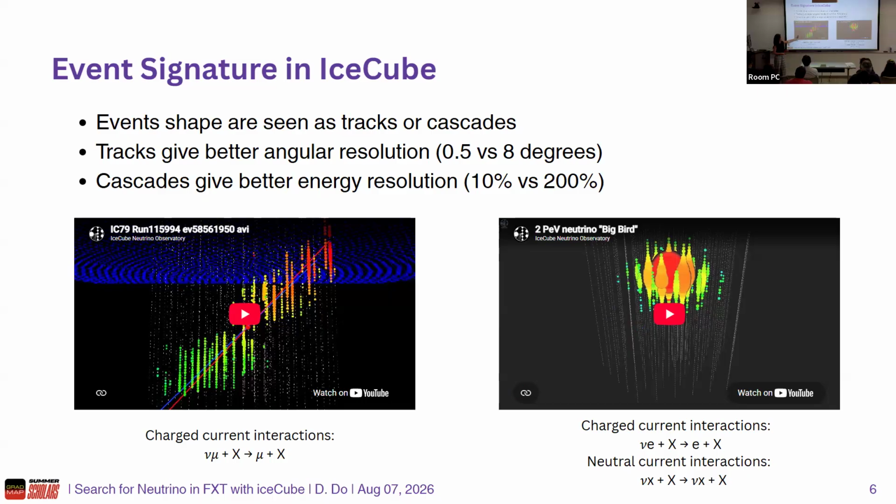However, a problem with them is that because they travel a really long way, they might interact outside of the detector and just travel inside. So we can't capture all the light of it, or all the energy. So the method to reconstruct energy from tracks is harder. Compared to cascades, these two kind of complement each other. Cascades, once they interact, are mostly captured by IceCube, so it's better to reconstruct their energy, but the angular resolution isn't as good.